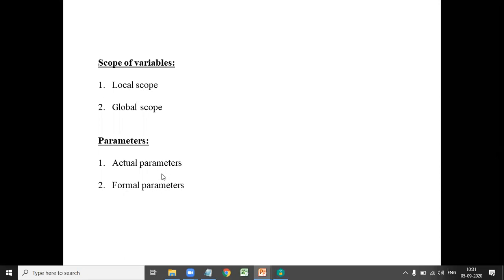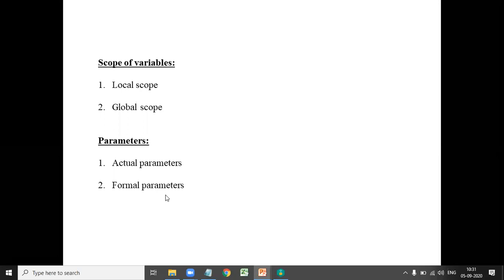In JavaScript, functions do not check the number of arguments received. That means when formal parameters are more than actual parameters, the remaining formal parameters are set to undefined. Suppose formal parameters are 3 and actual parameters are 2.